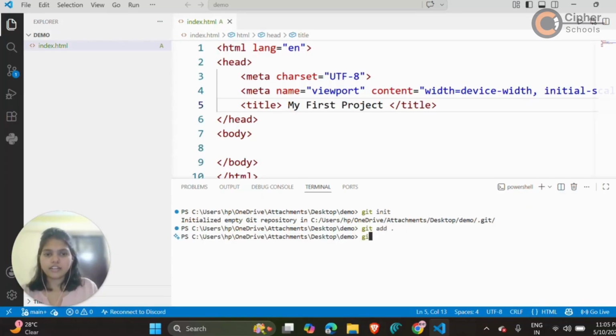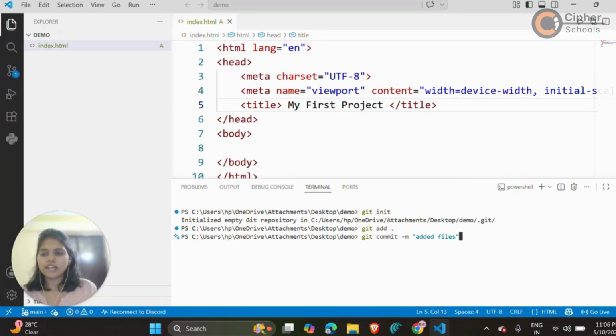And after that, the git commit command with the message that I added files here. Here the -m denotes the message of the commit command. You can add any message if you are fixing a bug or adding a new feature in the code.